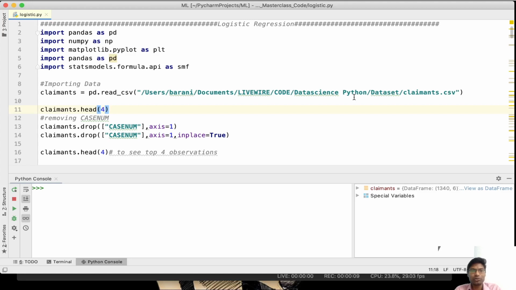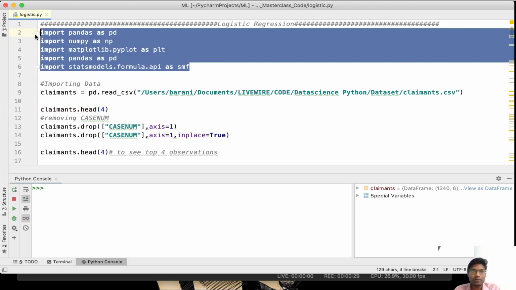So this is going to be a two-class classification problem, where an insurance claim is the data we have, the client details we have, and then whether a client will be provided with the insurance claim or not. So these are going to be the two different classes that we are interested in predicting. To do that, let me import the required libraries.